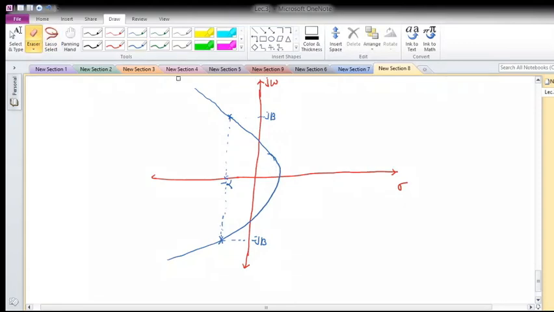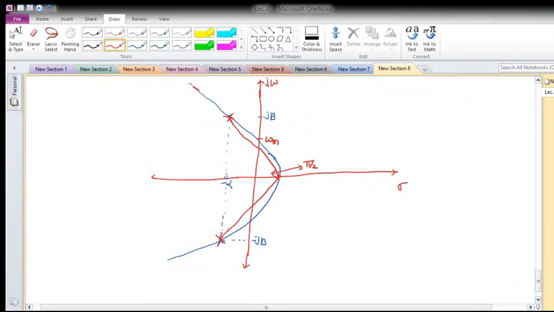Now what will happen? I'll get the vectors from this point and this point also. So this is one vector I'll join. What will happen with the angle? We said this has to be pi by 2. This is one pole and this is one. Wherever it cuts, that will be your maximum frequency omega m. So this is the process to find out omega m.